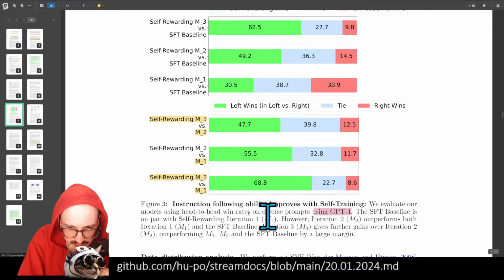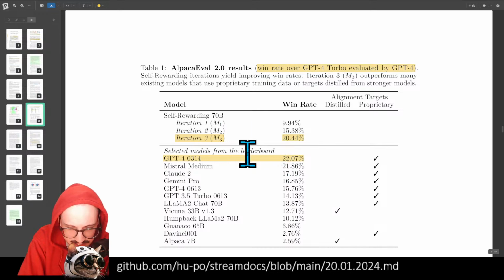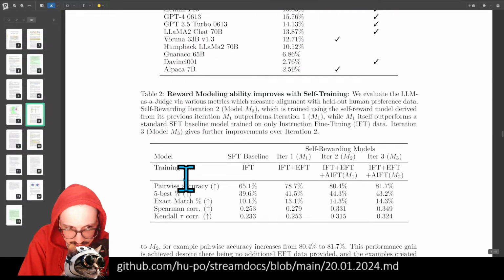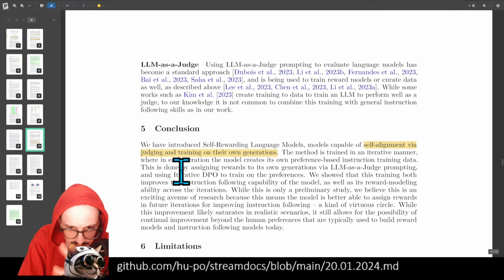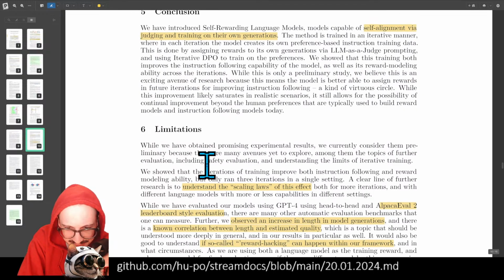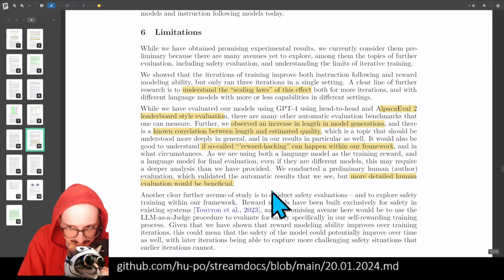Where maybe GPT-4 really likes it when you use a specific token as the fourth word in a sentence, right? And then what this self-rewarding model is figuring out, it's saying, oh, that third token, it's really great when I make it a word that starts with the letter Q, or something weird like that. And that's a potential red flag here, that it's very difficult to actually know what improvement means